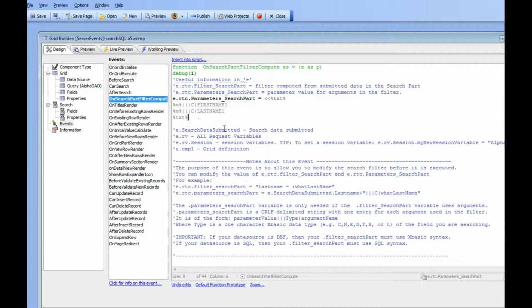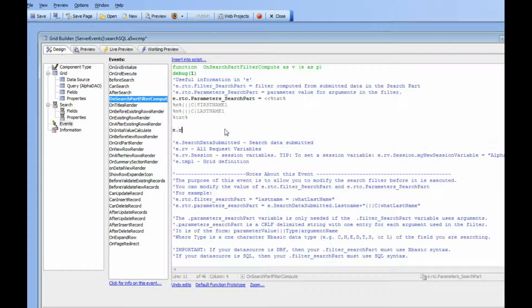I could easily just go here and say e.rtc.filter underbar search part equals, and then first name like percent, say H. So in this case here, I've basically explicitly set the where clause to not use arguments, and so therefore the value that's in the parameters property is